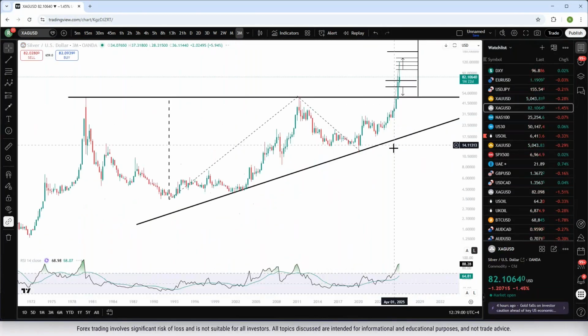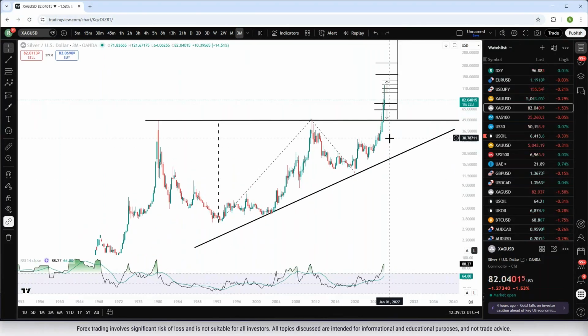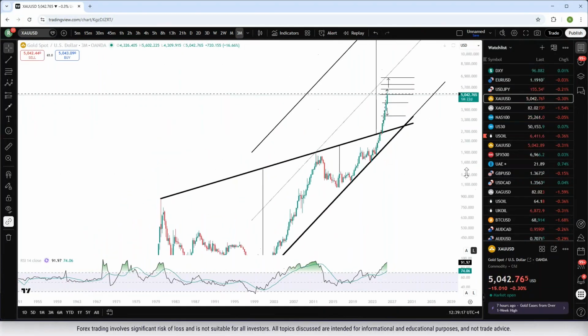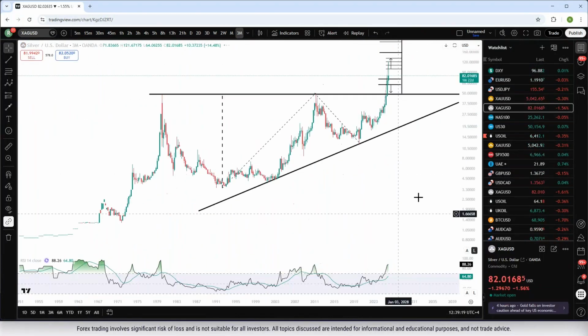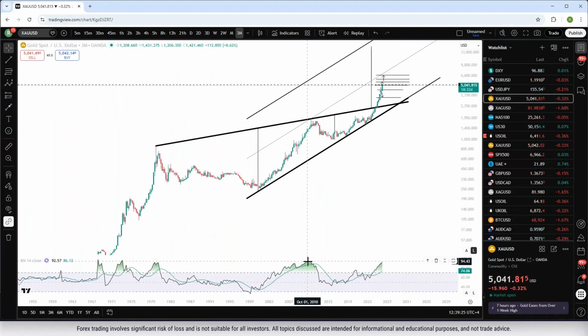And this is a scenario also similar to the silver chart, where we have that steep breakout, also opening or extending drawdown risks all the way down towards the upper bound of these approximately 45-year consolidations on the charts before we can continue these bullish uptrends. Now, back to the gold chart over here. And in a similar manner also to the silver chart, we can also see the relative strength index indicator hovering at overbought levels last seen over here in 2010 and in 1980 that preceded steep drawdowns or extended drawdowns on the charts, which is also why we have extended drawdown risks on the horizon over here, despite the steepness of